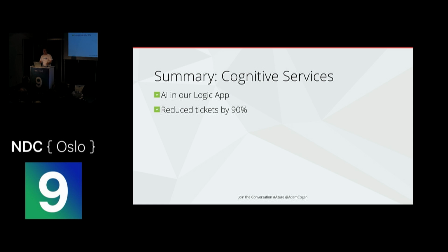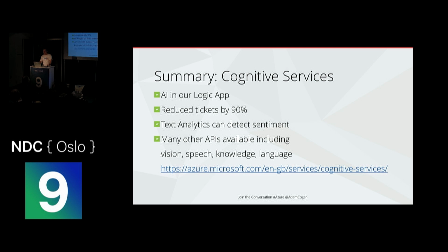We've done it without any programming really, apart from a condition. We've reduced those tickets by 90% because the text analytics service can detect the sentiment. And there's heaps and heaps of these API choices. This is the main thing that I would recommend you start learning so you know all the services out there